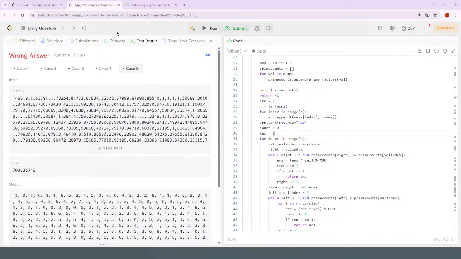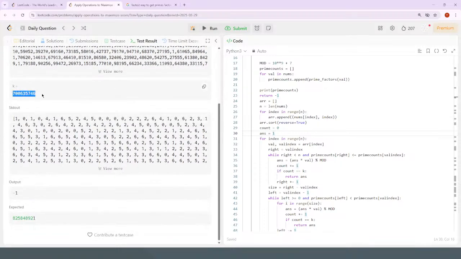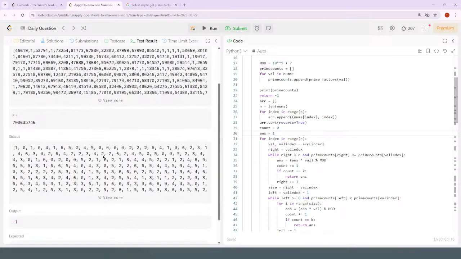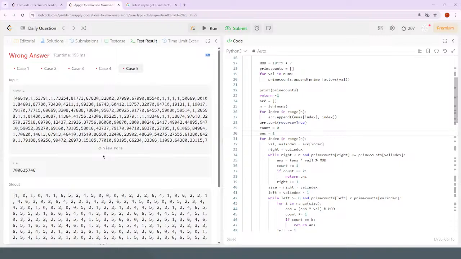How big is K? Okay. K is a huge number. I was thinking K would be much smaller. So maybe it is that one person suggested a monotonic thing. So if it is a monotonic thing,